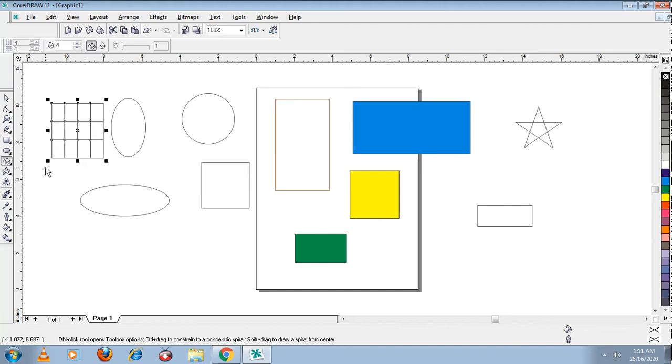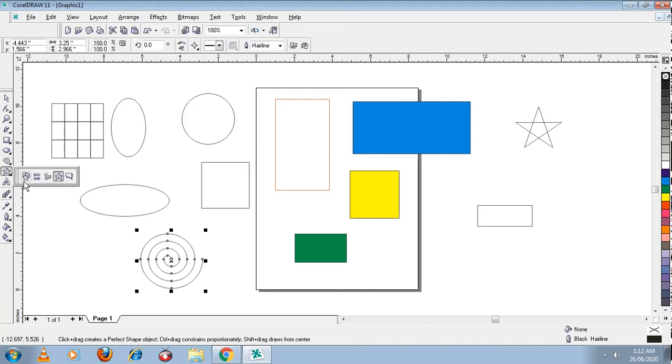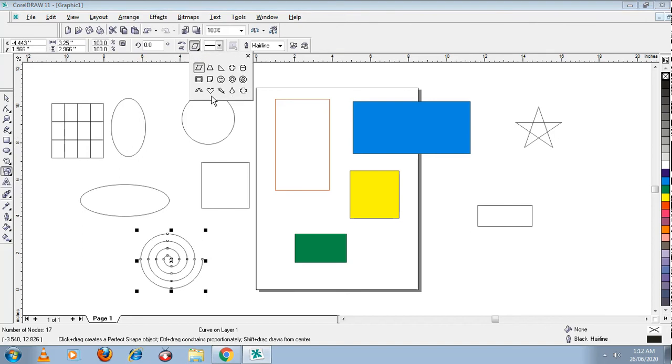Next is the spiral tool. Spiral tool is also available here. We'll see the properties of all these later on. Let's simply draw these objects first. Next tool is the basic shapes. This is called the basic shapes tool. In this basic shapes, arrow, then flowchart shapes, then star shapes, and then callout shapes. We will see basic shapes first. When I click on basic shapes, it gives me basic shape properties on the property bar. In this, perfect shapes are available. I'm just clicking on it so that it gives me many more shapes available in the perfect shape. I'm selecting different shapes which we want.